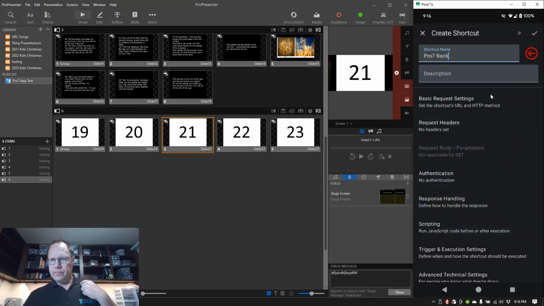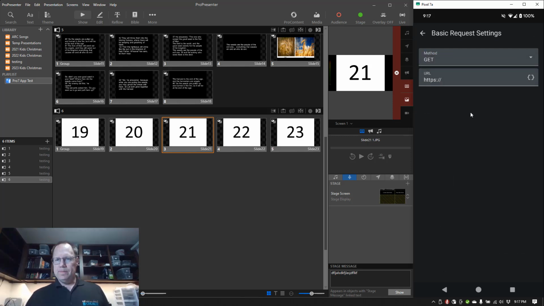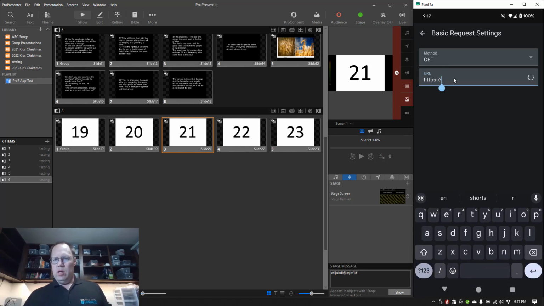Okay, so now I've got that configured. Description is optional. I don't even know what it does. But here's the meat of it, right here. We're going to go to Basic Request Settings. Just tap on that. The method is going to be GET, and the URL,